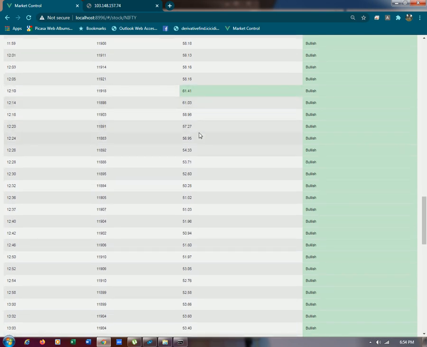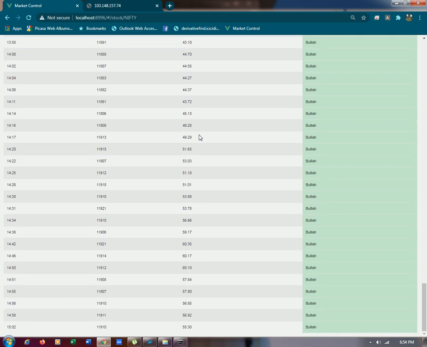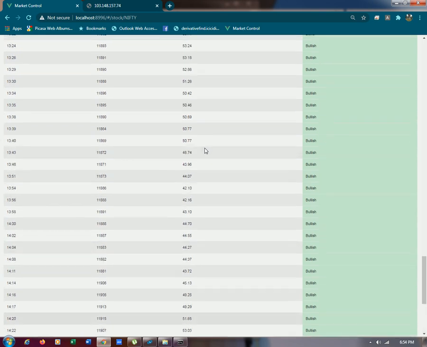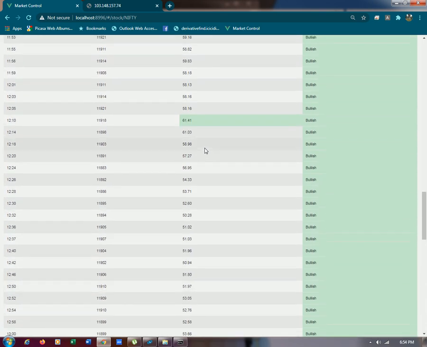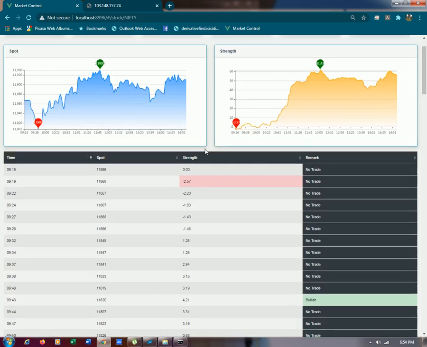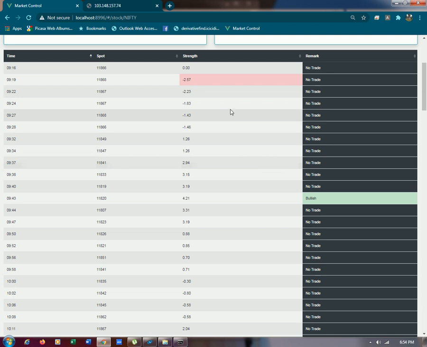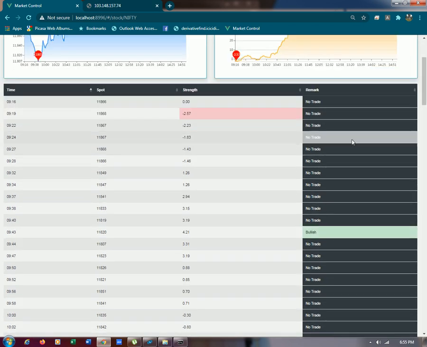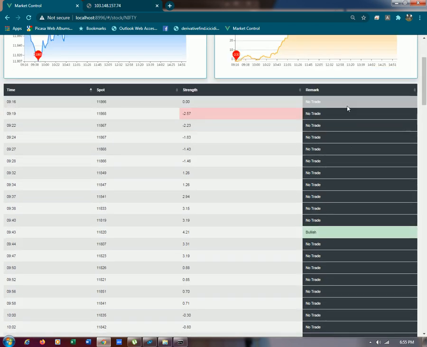From here you have to wait till the red color stops to exit the bear positions. If you see from 12:10 onwards, the bear color has not stopped, so from there you have to remain only in the bear position. That is the way to use column number 3. And the column number 3 decision is only for aggressive traders, and if you want to be a safe trader, then you have to take the help of the fourth column also.